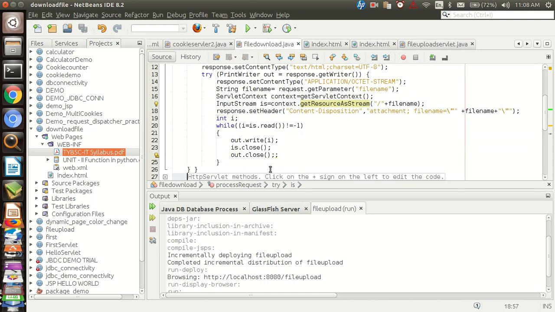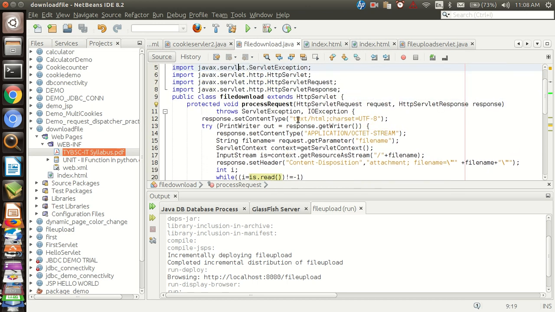Then if that file is not equal to -1, the file is written, and then the input stream is closed, and the print out function, that is out.close, is written. So this is for this file download.